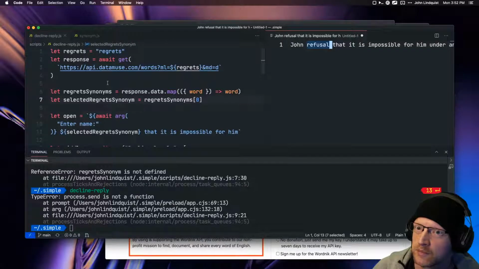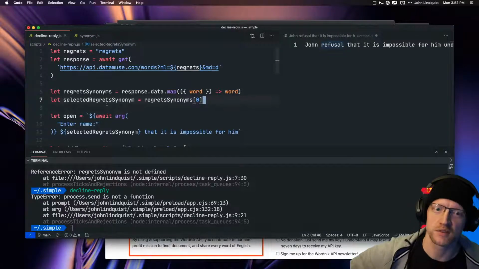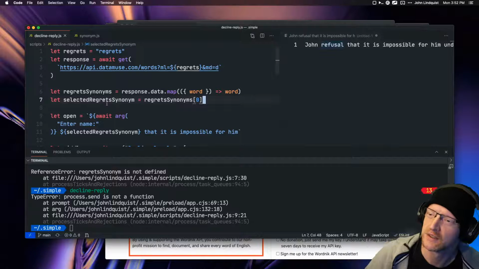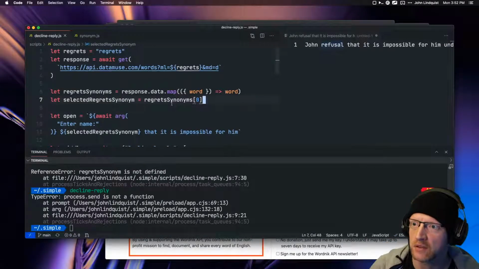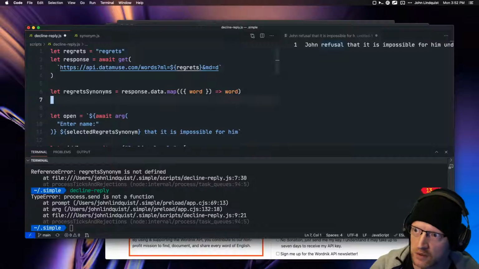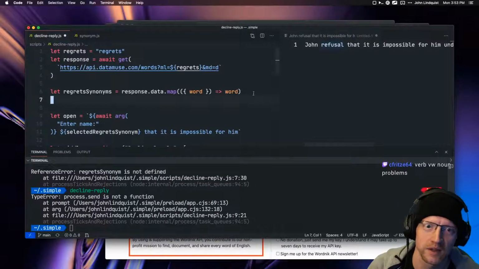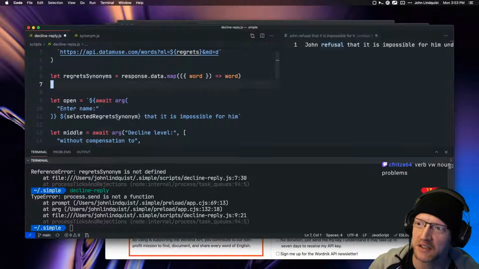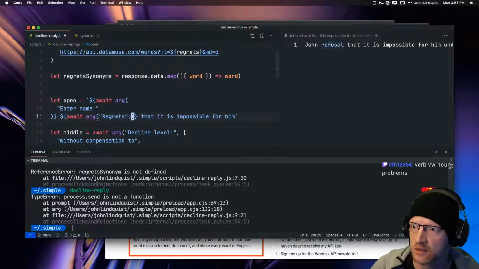That way it's more of like a Mad Libs decline refusal. So instead of manually selecting the first one, we'll go ahead and say that this is an arg of regrets,